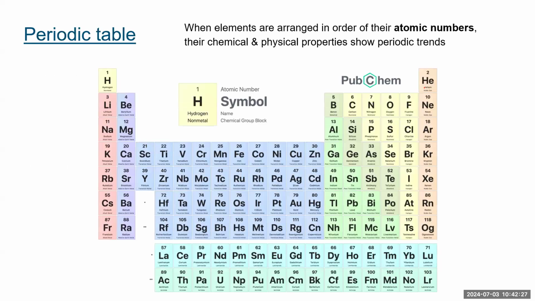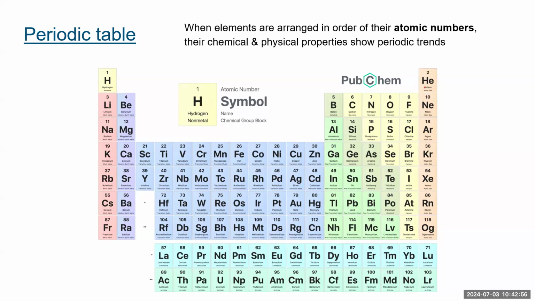Now, when elements are arranged in order of their atomic numbers, their chemical and physical properties show periodic trends. So when you look at the periodic table, or if you pull up a periodic table online, you'll typically see them color coded. And before I get to that, we were talking about the diatomic elements. It was